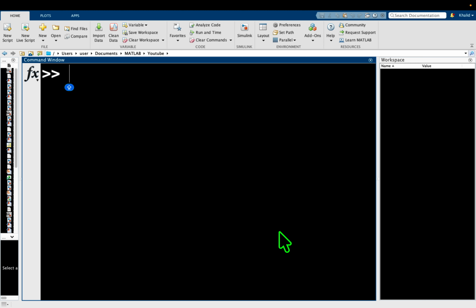So if I have A is equal to 2, you see the font is white and it is bold and